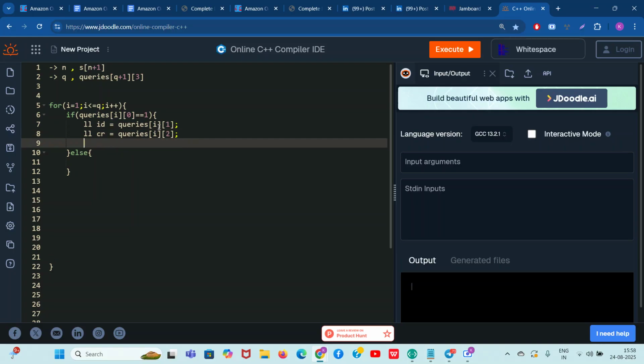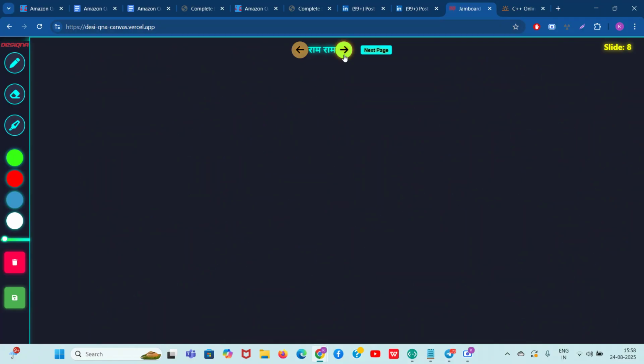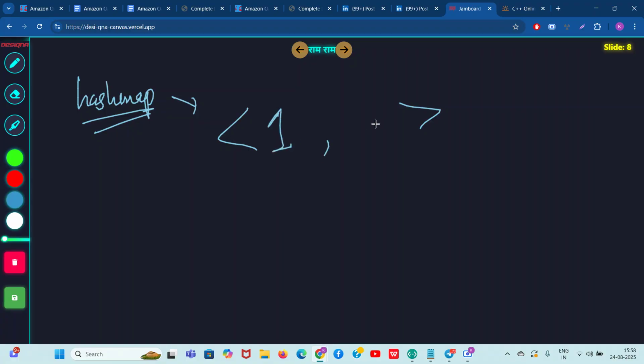Okay, fine. So guys, how will you know that 2 is equal to B? You need to make a hash map, right? You need to make a hash map, guys. Listen, you will make a simple hash map. If you don't know about hash map, do my prerequisite course. You will make a hash map which will store in the key numbers like 1 a. So this will be the key and this will be the value.